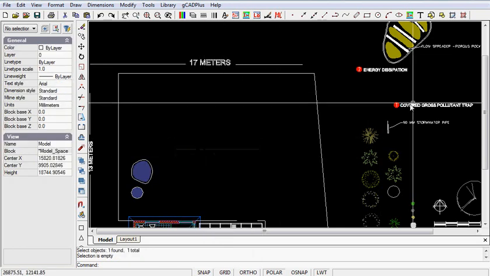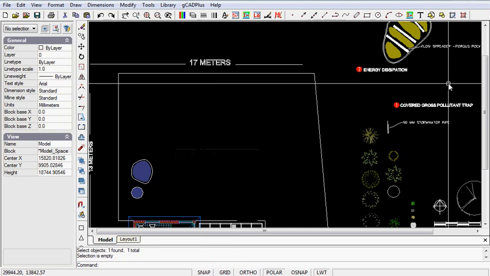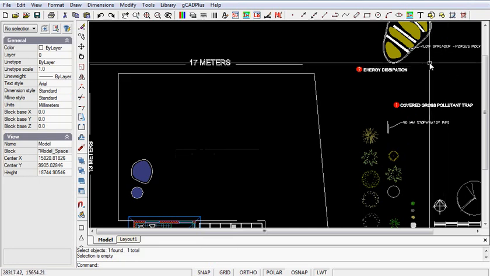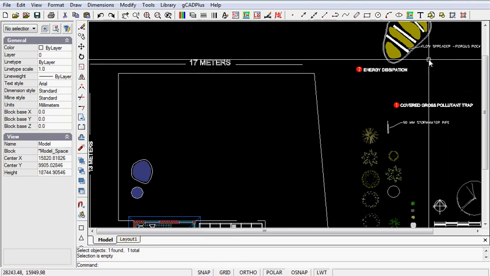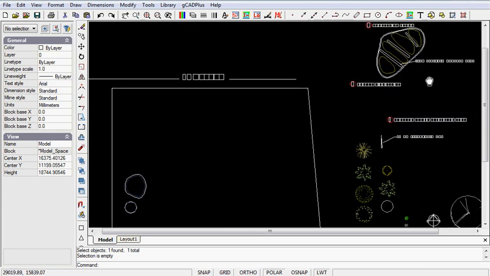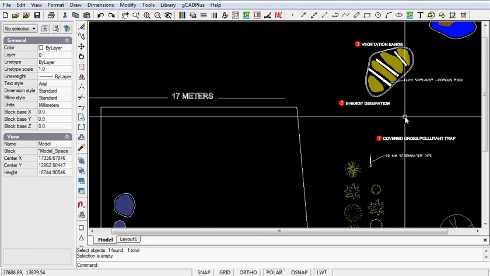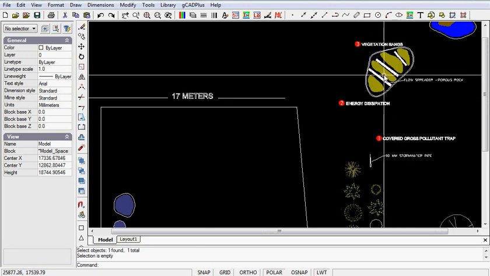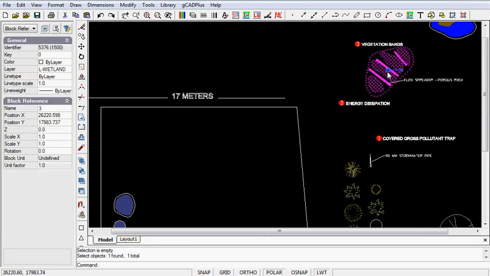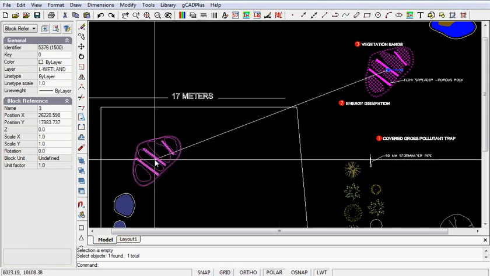I'll unselect all. Now, from that energy dissipation area, we'd want to have a zone which would make the water flow through rocks and a vastly increased surface area, have plants planted in gravel, and so on. So we've got some sort of vegetation banding system. Here it is. I can just select it and drop it and position it where I think it should